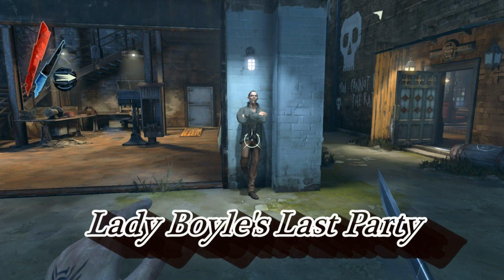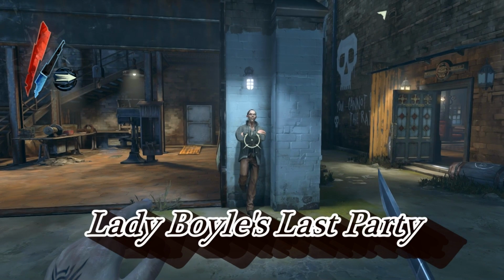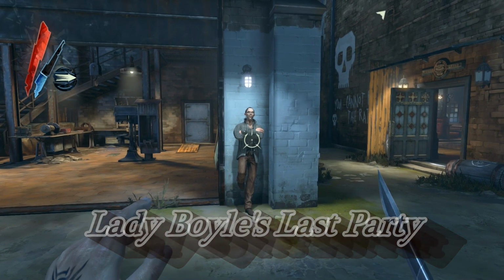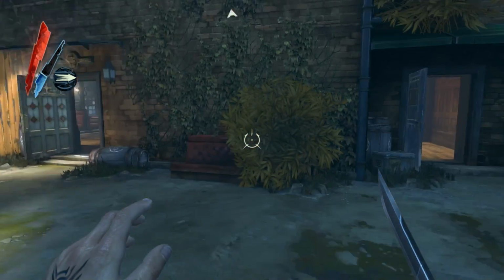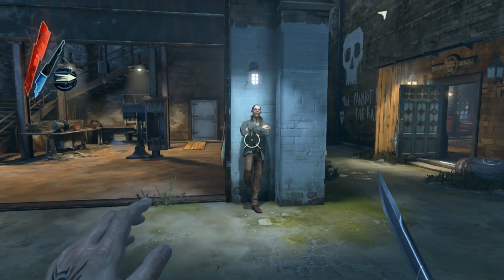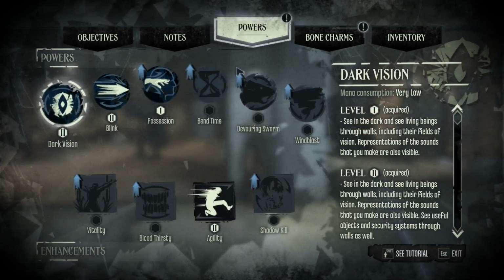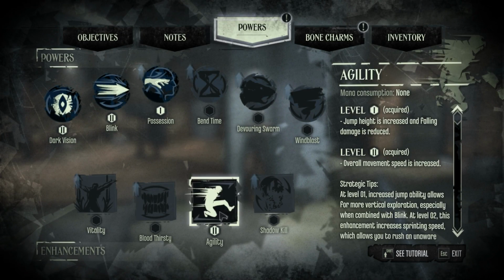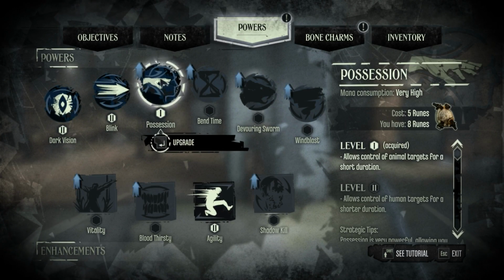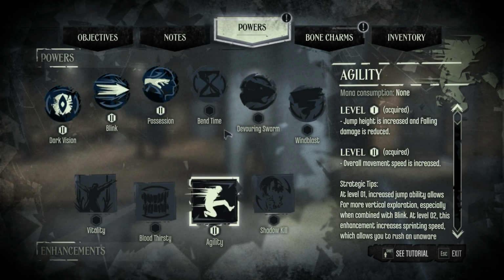This is about halfway through the game, I think, so real quick I'm going to show you where I'm at as far as leveling up with the runes and as far as upgrades you can buy. So as you can see, I've got dark vision, blink, and agility all maxed out. And I'm upgrading my possession right here